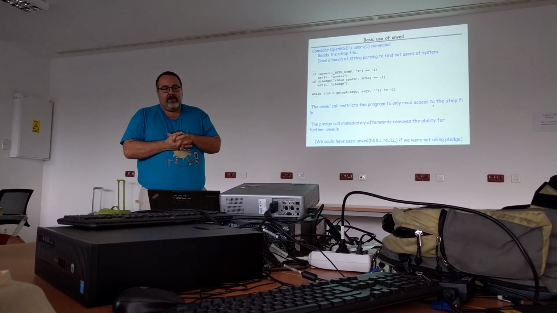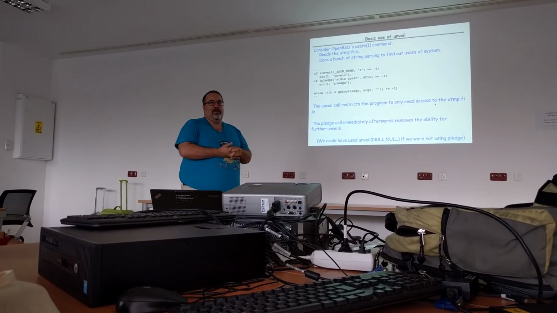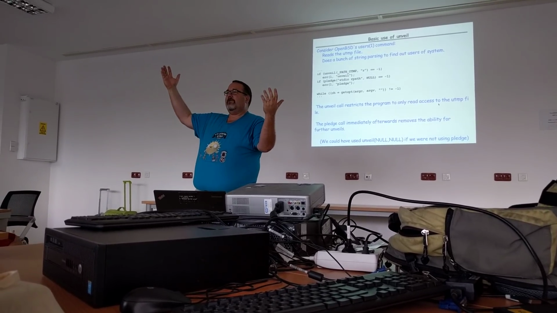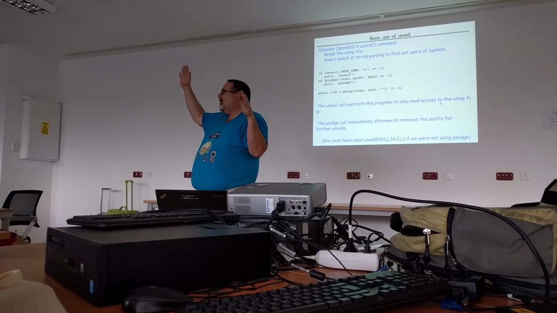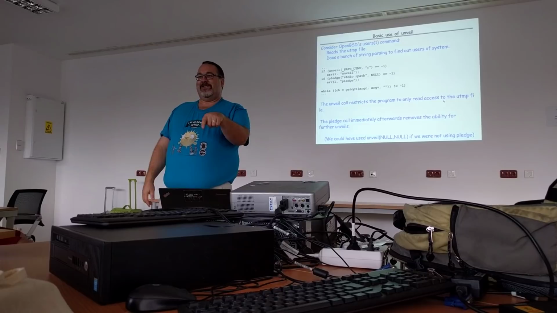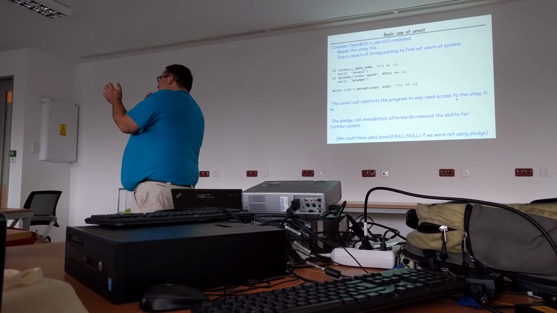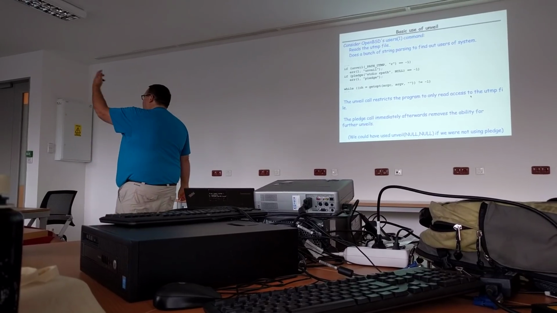So, basic use of unveil. If you look at the users command in OpenBSD, users is really stupid, by the way. What does users do? Anybody ever used it? Anybody remember it? It's really old school. You type users, and it tells you who's logged in to the local system by reading the utmp file. So it's pretty dumb. It just parses stuff out of the utmp file and says, yeah, Beck is logged in on